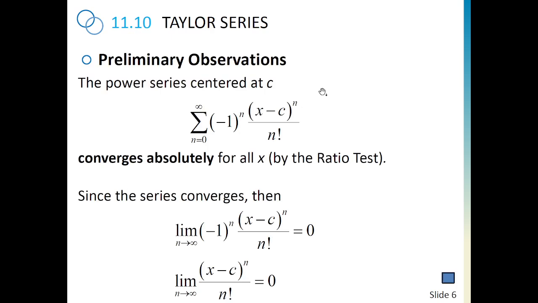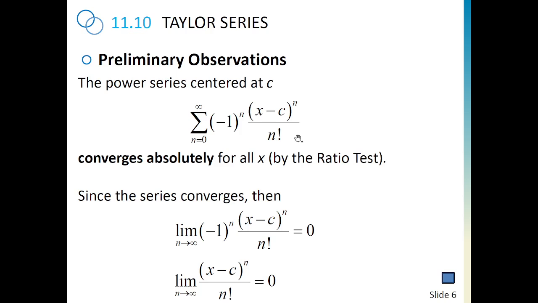An observation that will be useful to show a result that is important to see. So this is something that will be used often. If I have a power series like this, I can use the ratio test to find the interval of convergence. Once we do that, we will realize that our series is absolutely convergent for all values of x. Obviously the sign doesn't change anything. So by the ratio test I can prove that this series is convergent, absolutely, and for all values of